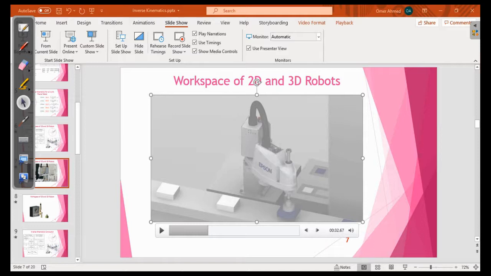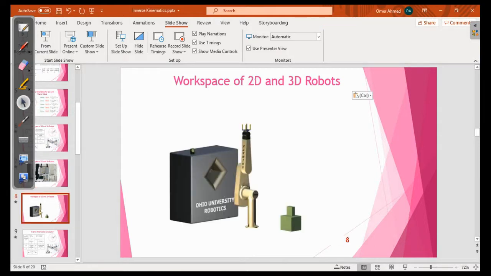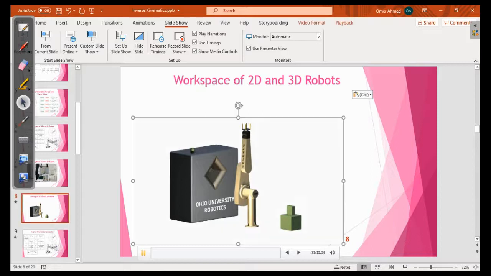Okay, for the 6 degree of freedom case, our robot will have exactly 6 degrees of freedom. Again, we are going to quickly look at the model of a Puma robot. This is a Puma robot. This is very commonly used, very popular, one of the most popular for a long period of time in industry. And this robot has exactly 6 degrees of freedom.